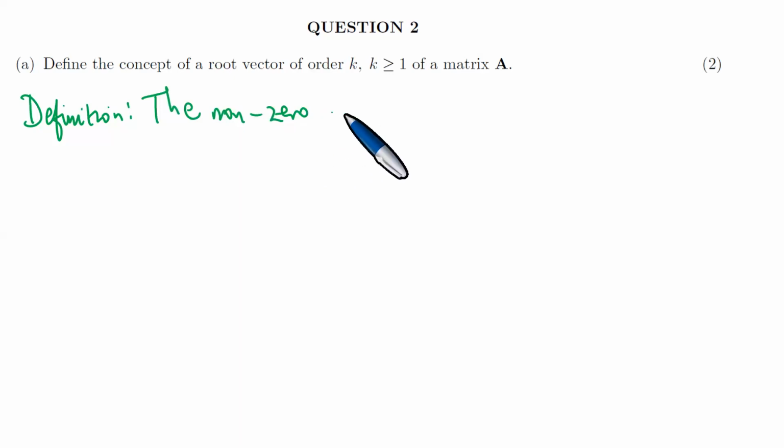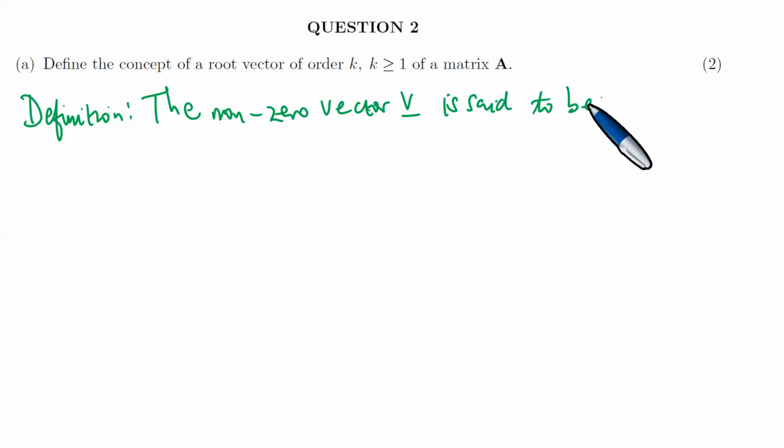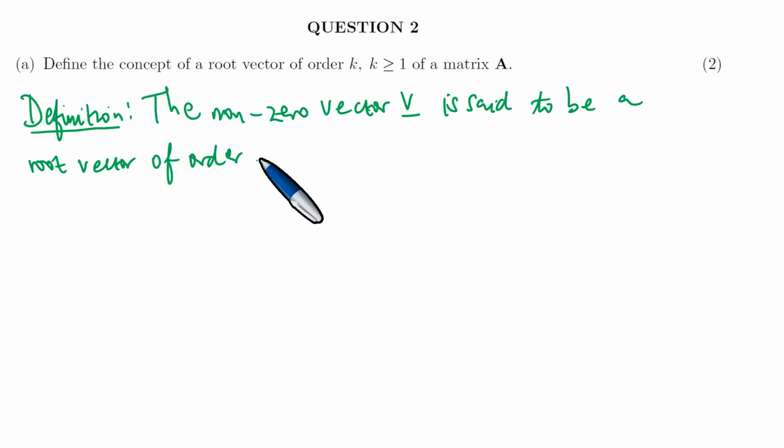The non-zero vector V is said to be a root vector of order k greater or equal to 1 of the matrix A